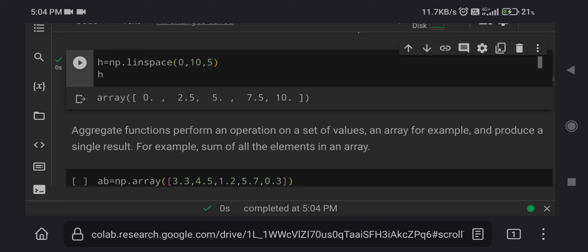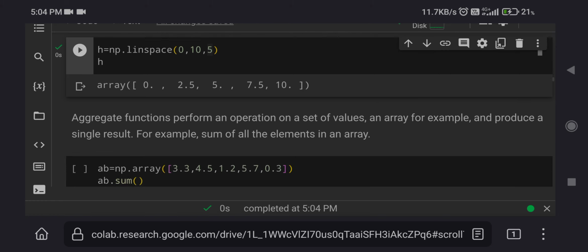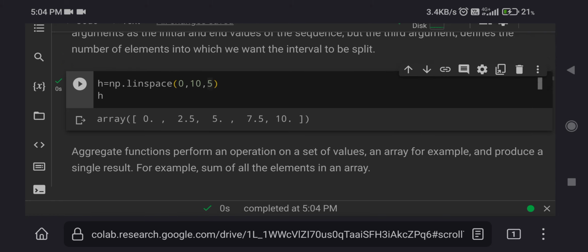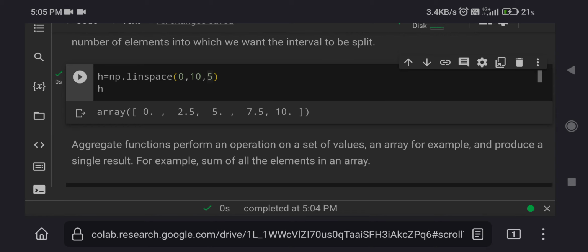So you can practice that also. Choose the third value as 10 instead of 5. So this only specifies the number of partitions.